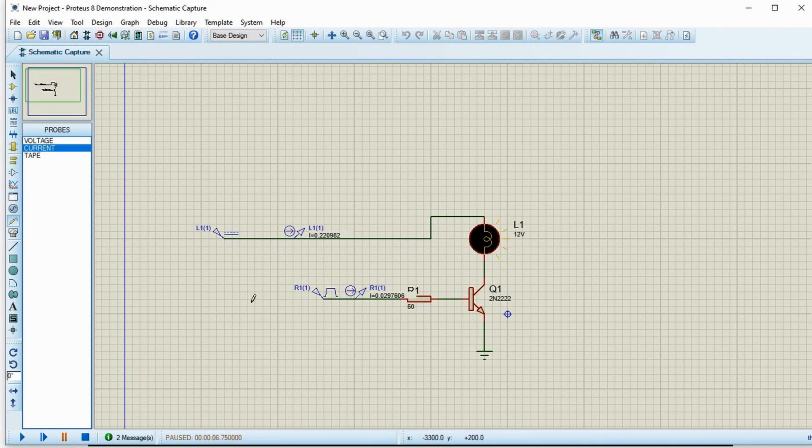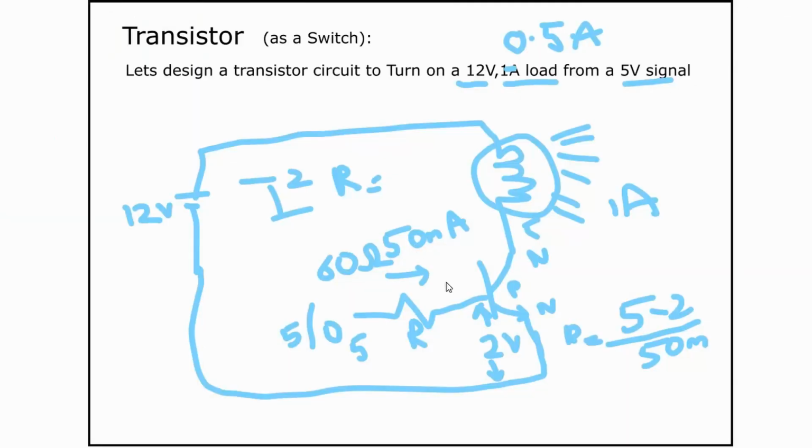Okay, so this is how we're going to use a transistor as a switch. As an assignment, you can try to switch a PNP transistor using an NPN as a level shifter. So we have designed our first circuit with a transistor. Now, if it is a resistive load, you don't have to put any freewheeling diode. Let's assume it's a relay, which is an inductive load. Then we'll have to use a freewheeling diode